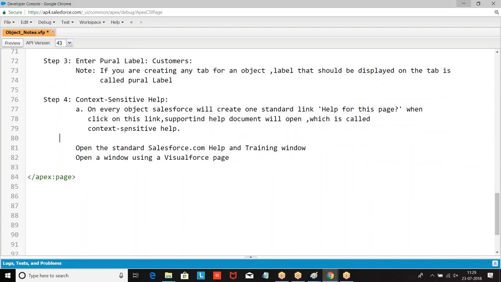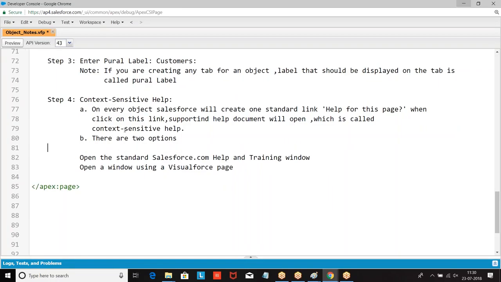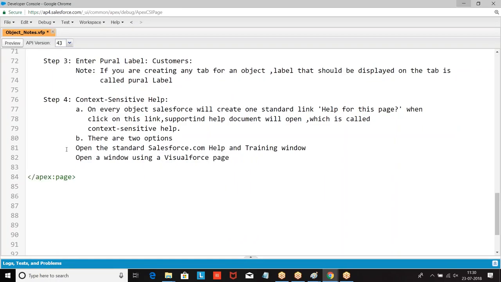There are two options. Open the standard window, or open a window using Visualforce.